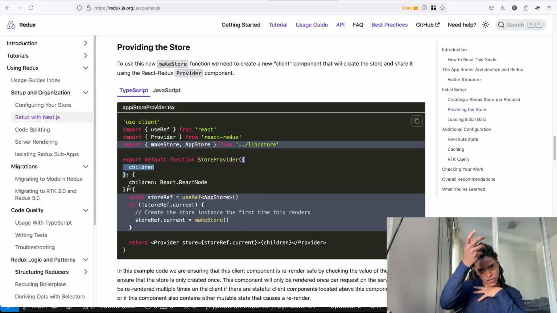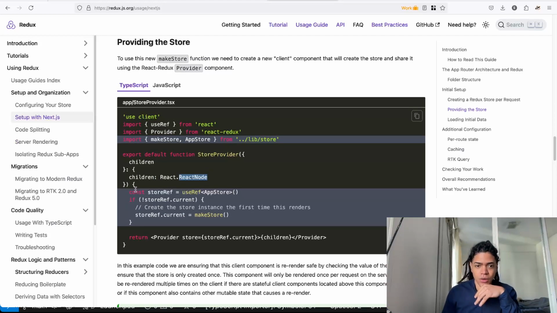Exactly, it'll take children's React components and it should return the children's component completely. So we're going to take children React components, which are React nodes, makes sense. We're going to add some logic here. We're going to say, hey, I want you to now add this store per request,